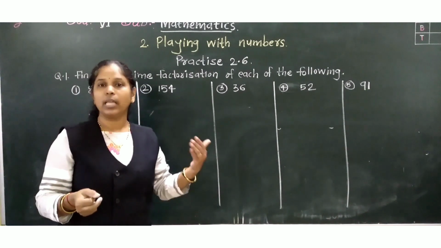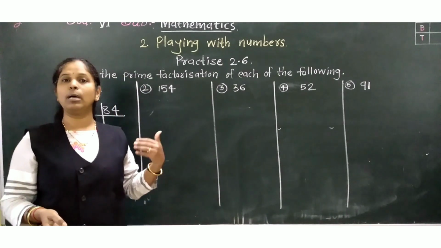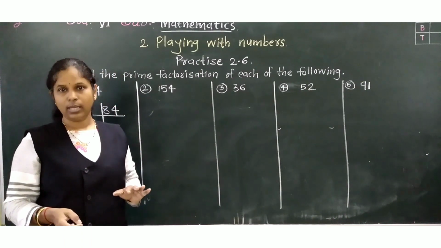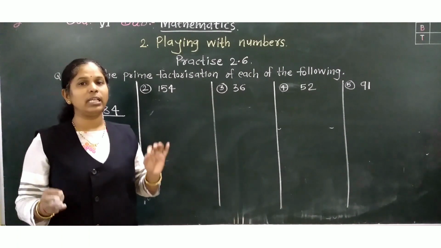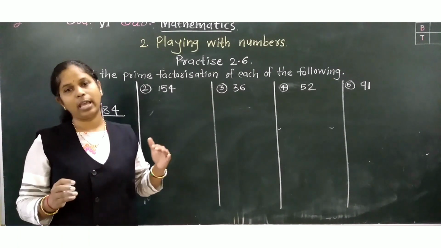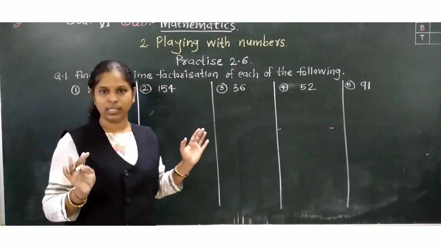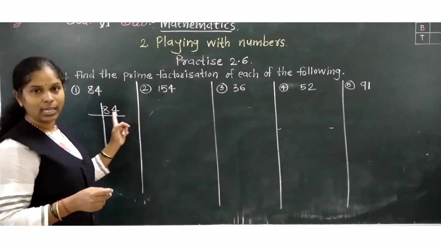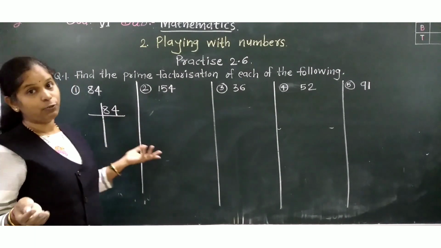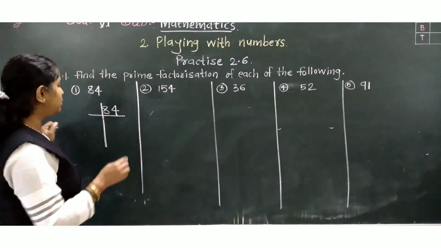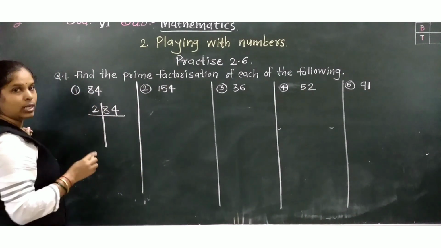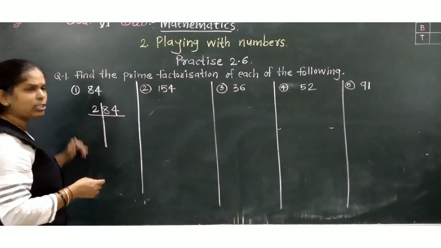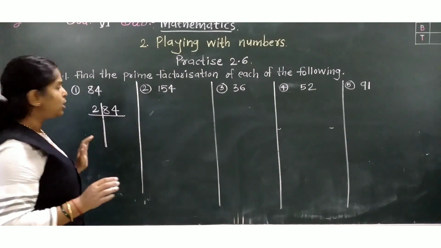Prime numbers means the numbers which are not divisible by any numbers except 1 and itself. Okay? Prime numbers don't appear in the table of any other number. Only in their own table they appear, and 1's table. So now we can divide 84, as 4 is there at the units place. Then we can use the test for divisibility by 2. As 4 is there, we can divide it by 2. Students, keep in mind, on this left side only prime factors should come. Only prime numbers. So see, 2.